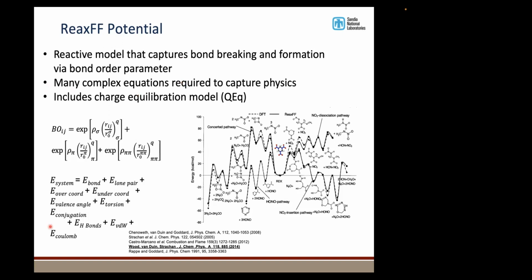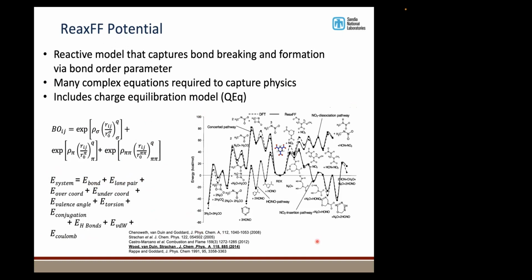So you can see these are all the terms in the force field, and then each of these terms has many, many equations to model the physics. This is the bond order parameter. ReaxFF also includes a charge equilibrium model. So charges can move around on the atoms. And so this is really just trying to code up all of the chemistry